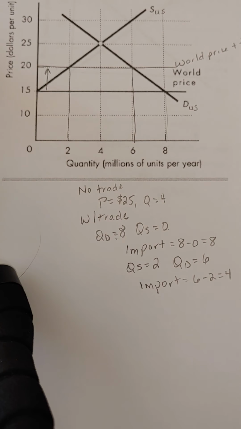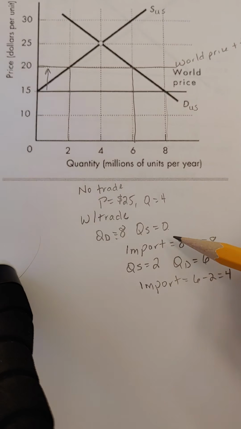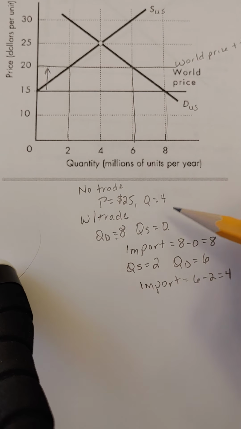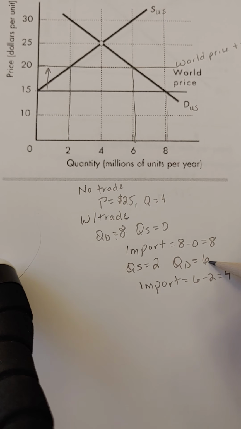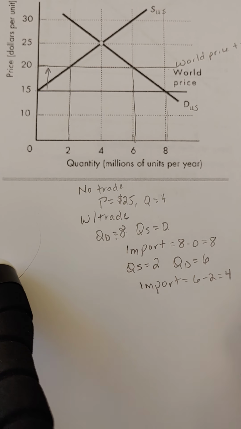Okay, so we can see that with the tariff, the price went up from 15 to 20, so the buyer's worse off. Also, without the tariff, we were getting 8 units. Now we only get 6, so we're getting less as consumers. So the consumer's worse off. We're paying more, we're getting less. The domestic producers are better off. They're getting more, and they're selling more. Now the foreign producers, they're selling less to us, so they're worse off.